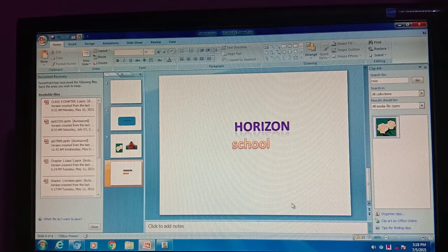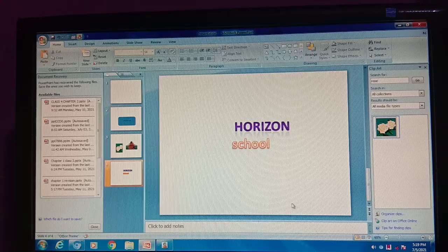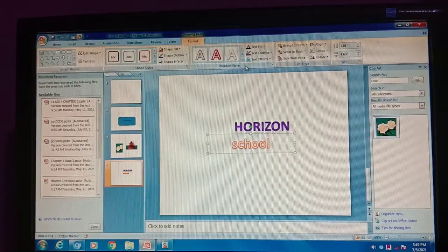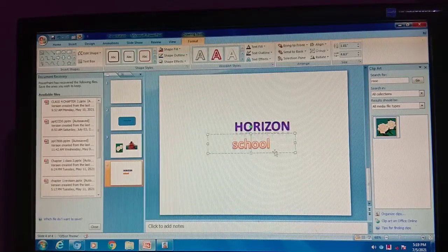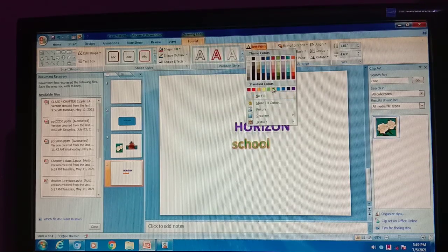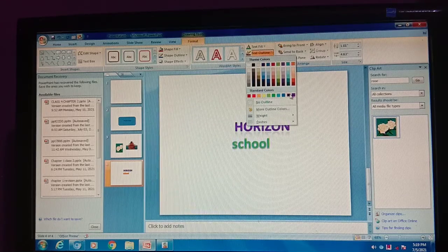Next, even in your word art, let me show you. As you click on it, all these formatting options of word art are also there. So you can change the fill also, like text fill, आप change कर सकते हो उसका. See, now this text is different. It is green from inside, and the outline also you can change. I want this.